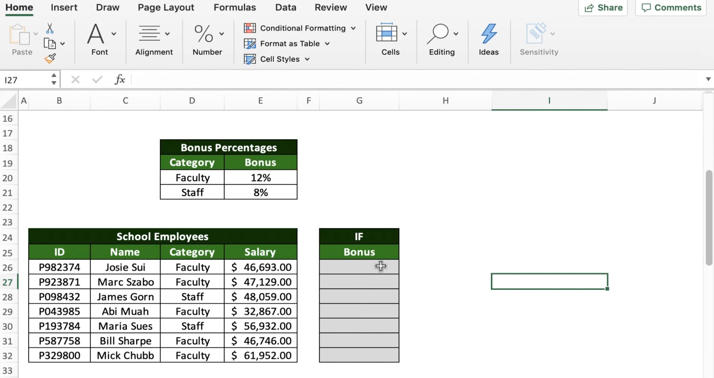Okay, in this scenario, we have a bunch of school employees, and at the end of the year, they are going to get a bonus. They always should. They probably don't, but they always should. Anyway,